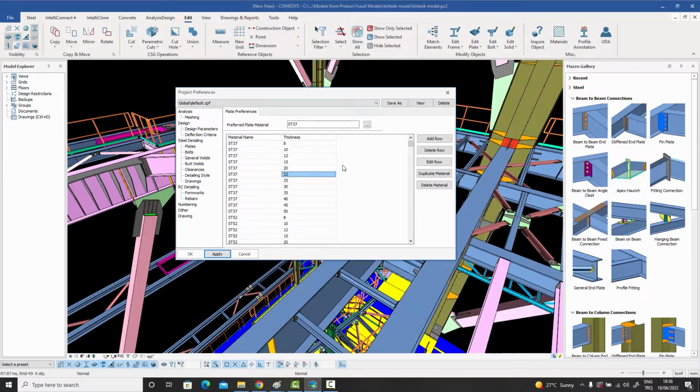So what you do is you can add rows from here, you can delete rows, you can edit a row, you can create a copy of a material, etc. And you can have as many. So all these are for one material. They go down, and after a while the material changes, and then you get the same thing repeating itself. And like I said, you can keep adding as many plate materials as you want. But the idea is that over here, what you enter is your available plate thicknesses, which are available in the market. So what will happen is, let's say